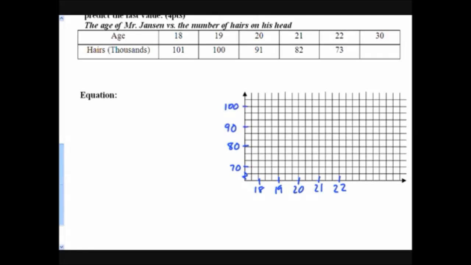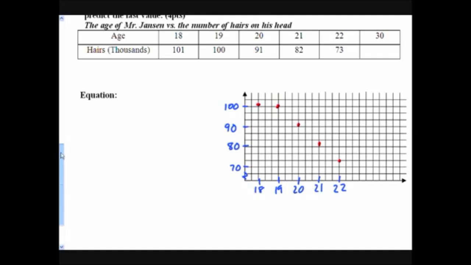There we go. And now I just have to plot each of these. 18, 101 would be somewhere around here. 19, 100 would be somewhere around here. 20, 91. So I'm just plotting each of these. 21, 82. And 22, 73. Right around there. Okay? And now what I want to do is I want to construct a line that models